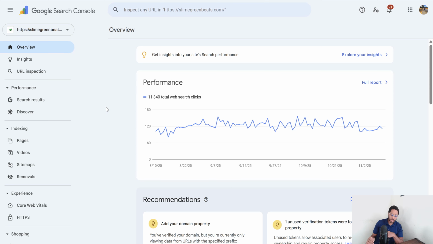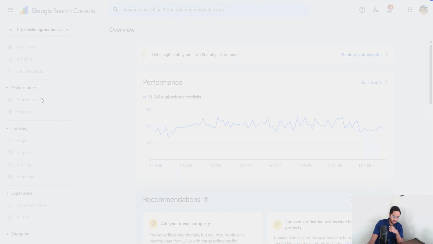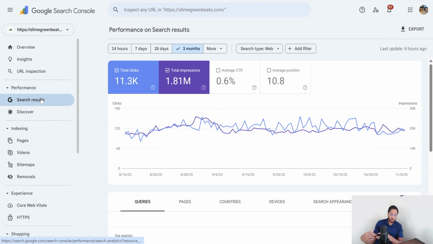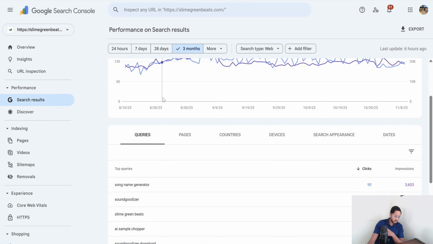After you do all that, you have to wait a couple days, and you'll start collecting data. Google Search Console, I would say, is very easy to use and pretty straightforward. And we'll go to the most important thing, which I think is the search results here. Well, there's two important things. There's the search results, which is how you see the performance. So if you're wondering how do I check performance, go to search results, and it's pretty straightforward what's going